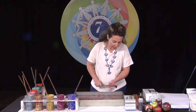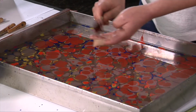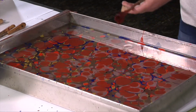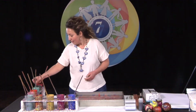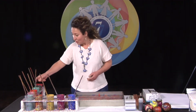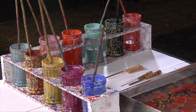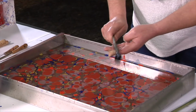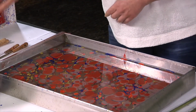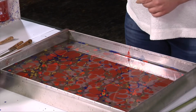Also, there's a lot of chemistry and science involved in this art because air temperature, humidity, and air pressure changes how your paint will look like, especially on the surface of the water and on the paper, it might look totally different. And when you notice that the surface is full, you can use those tools to manipulate